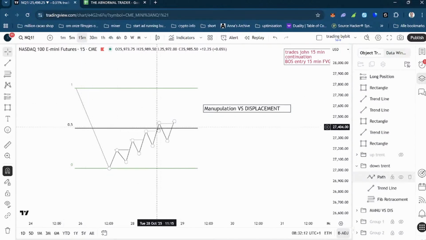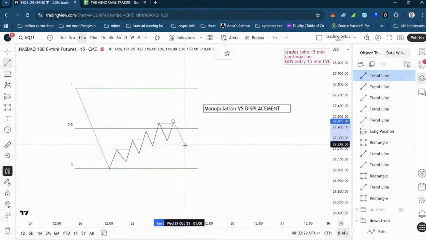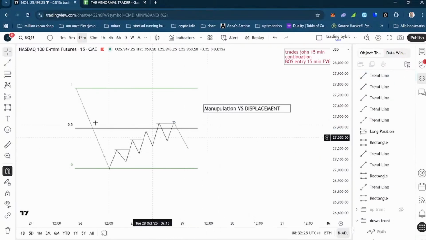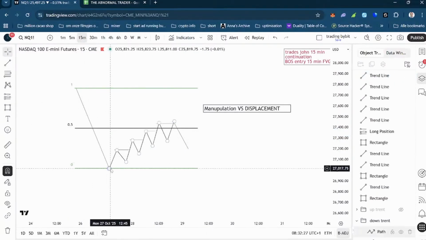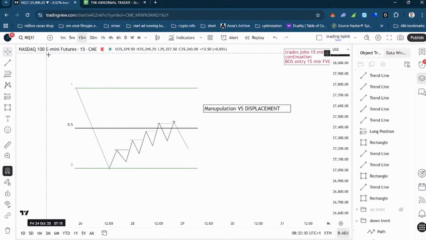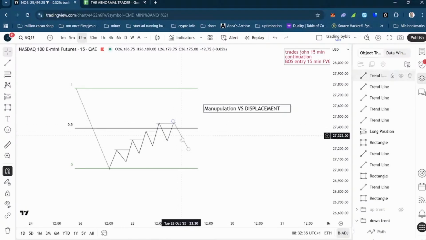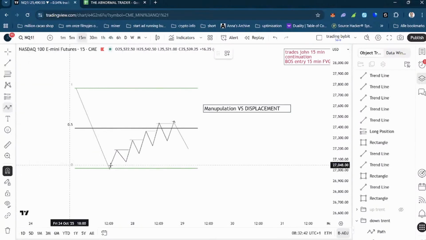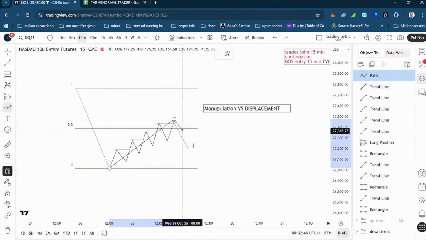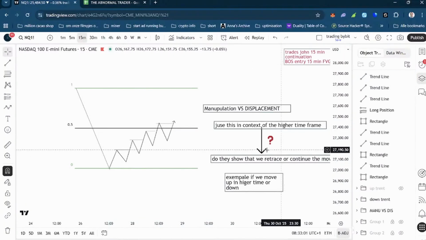And once we hit that 50 level, if we fail displacement, this is going to be a manipulation movement for the market to then shift back down. The reason why is because we had a movement down. So we came from a higher time frame movement lower. We had a 50% retracement, and then we are continuing the daily structure. So if this was a day structure, you can say this looked like the day then, and that would be the move. So